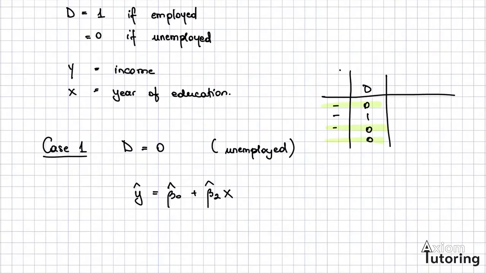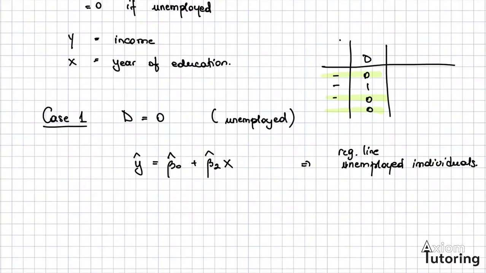So this is the estimated regression line for unemployed individuals. And in terms of this line, the beta 0 hat is our intercept,